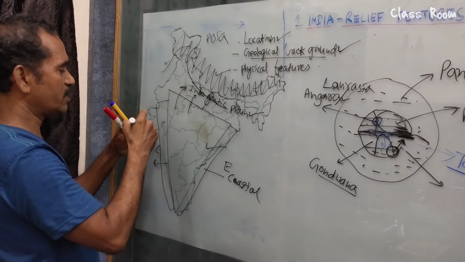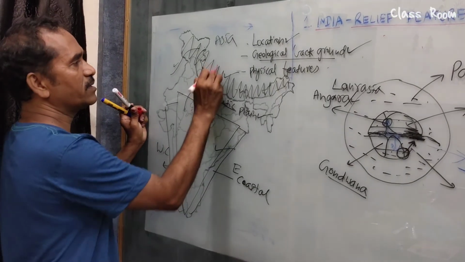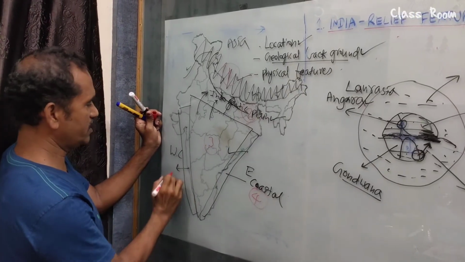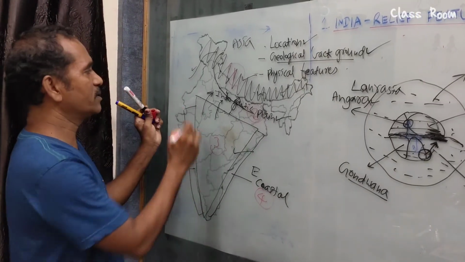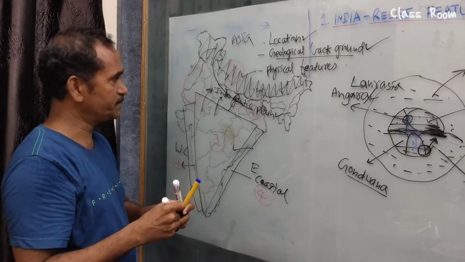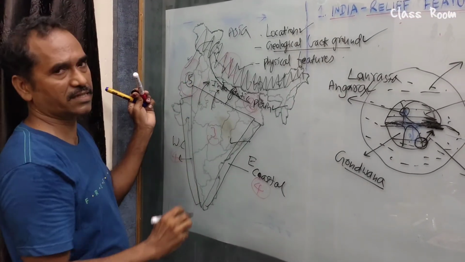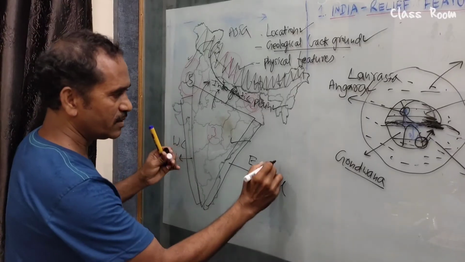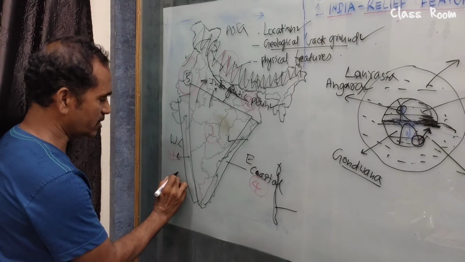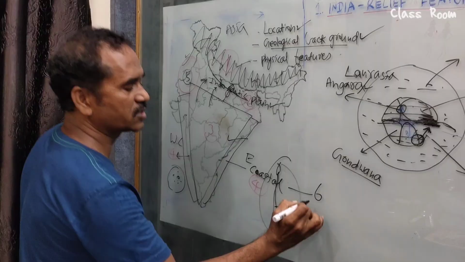So how many completed? We try to write here. It is 1. Is it visible? Red pen. 1. This is 2, 3, and this one 4. This is also 4. And the fifth one, this part where we do not get rainfall. So this part is the fifth one. What is it? It is a desert. And the sixth one we can find here, the Andaman and Nicobar Islands. Here on this side, Lakshadweep. So these islands we take as the sixth one.